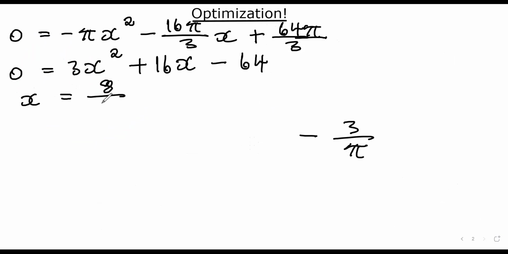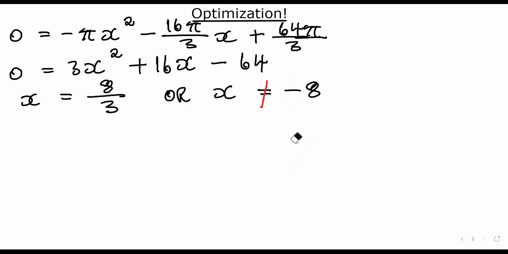Okay. So when we now go back and fix this error, then we find that the value of x can be 8/10 or it can be -8. There's no way that x can become negative. So we simply have to cancel it because x is, in this case, that distance OB. Does it make sense for a distance to become negative? So now that we know our value of x,